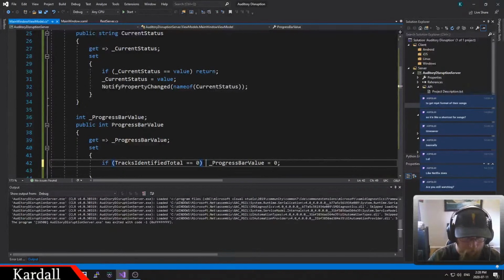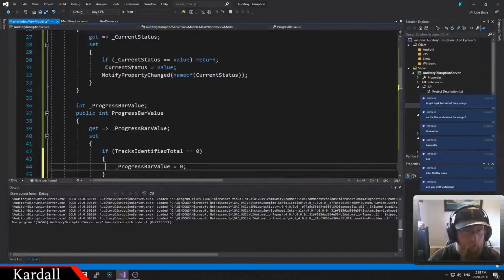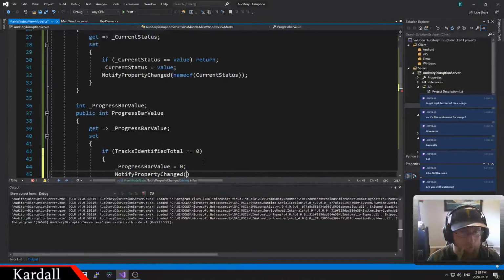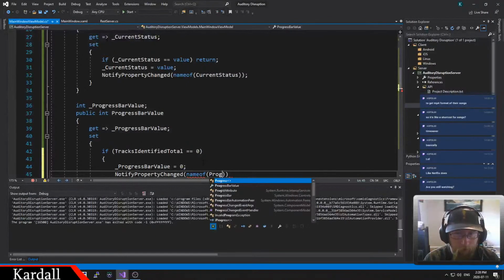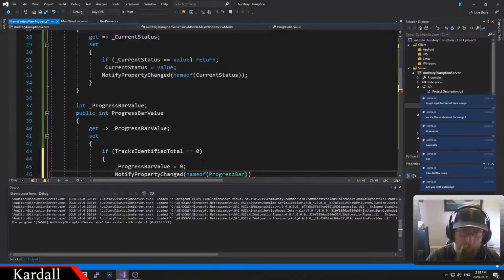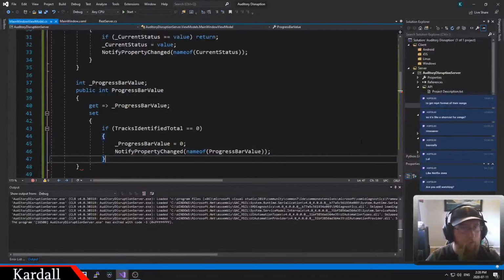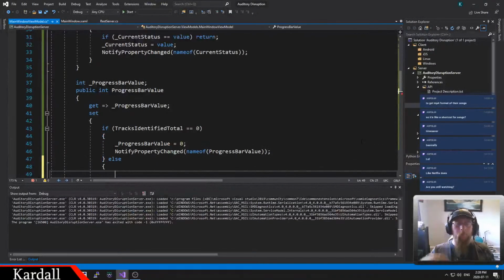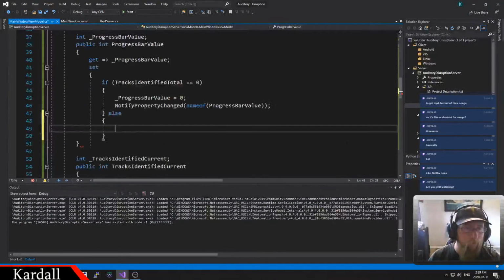You know what? We're going to have to do it like this. Notify property change, name of progress bar value. Cannot type at all today. Okay. Otherwise, if we have more than 0, we want the percent integer value of the percentage. So progress bar value is going to be